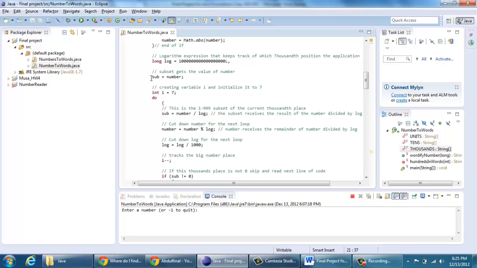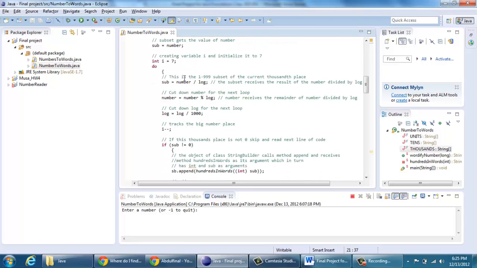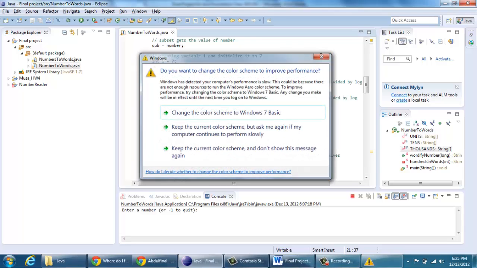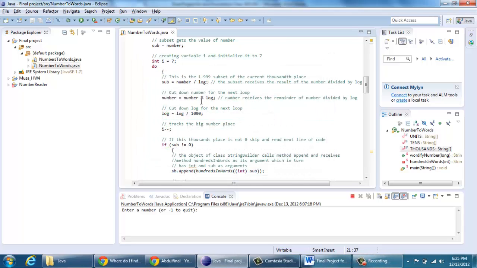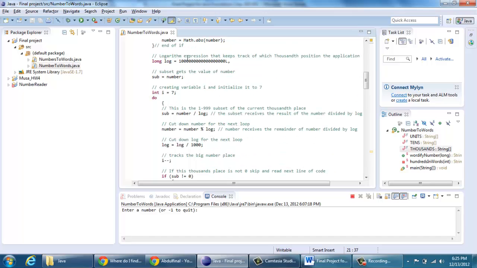We initialize the subset to number, then we declare an integer i initialized to the value 7. Then we have our do control statement, our do the following. So the sub equals the result of the division of number on log, and this is actually the subset between 1 and 999. The next line of code, number receives, so as to cut down the value, so as to keep moving all the way along this expression,